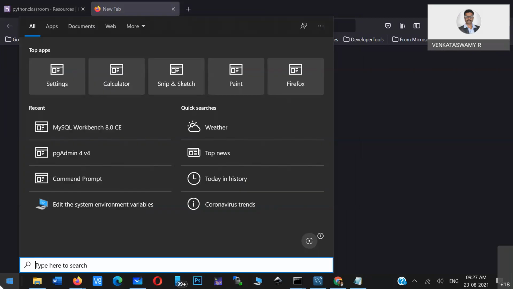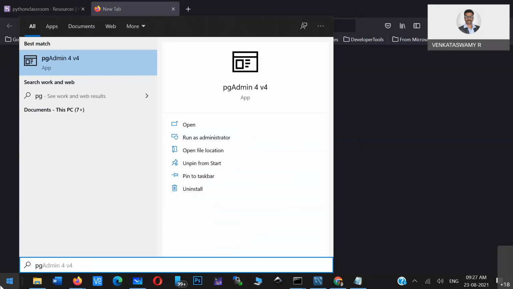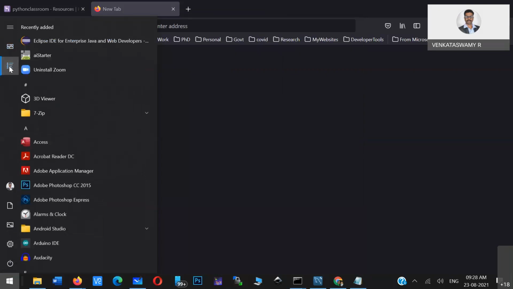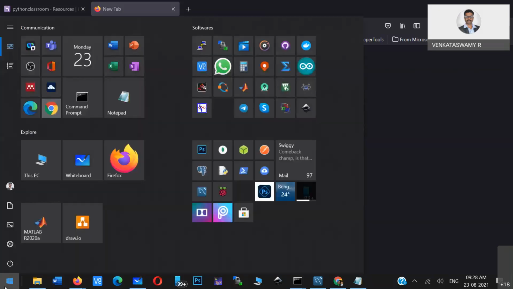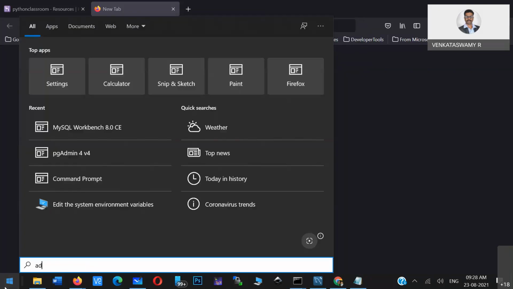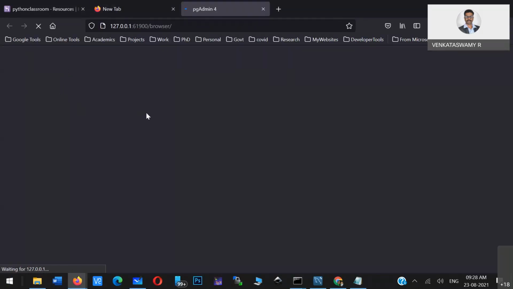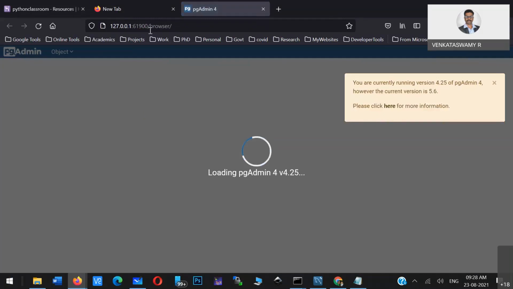This pgAdmin app is there; you just have to open it. If you open this application, it will open in a browser.